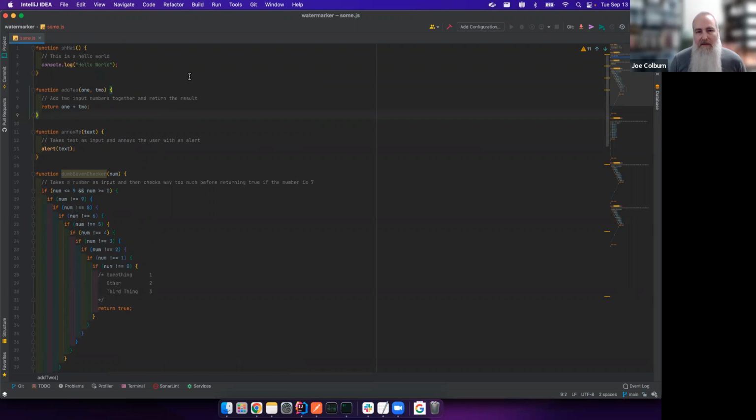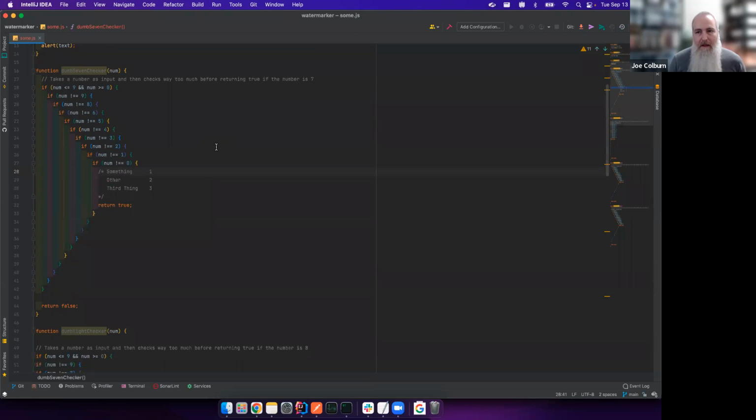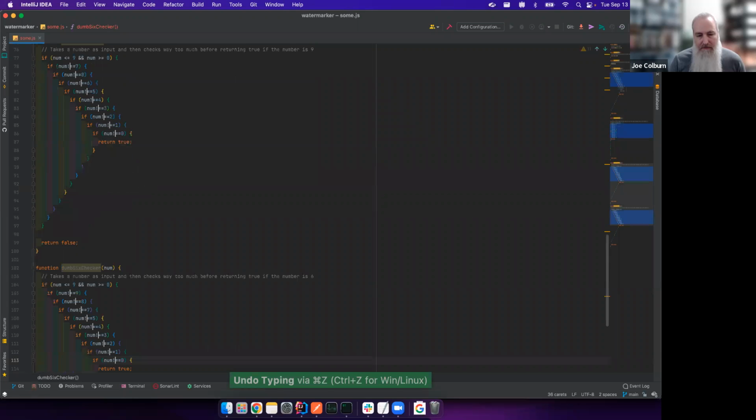Okay, one more thing that I think is also really helpful is multi-cursor, and this is something people search for a lot. Multi-cursor is the idea of having a cursor both on this line and on this line at the same time, so you can edit all three lines. Let's say I want to add this text. I'm already doing it wrong. If I wanted to add that to all of those places,